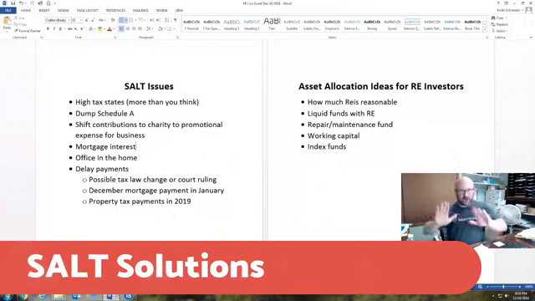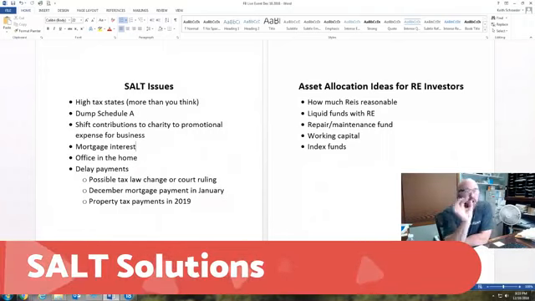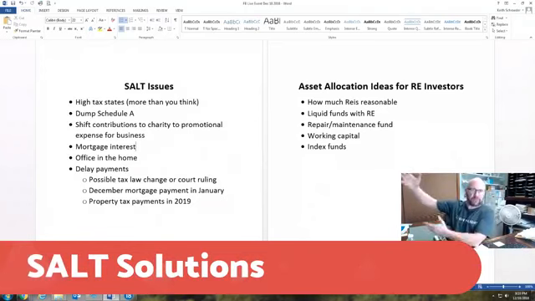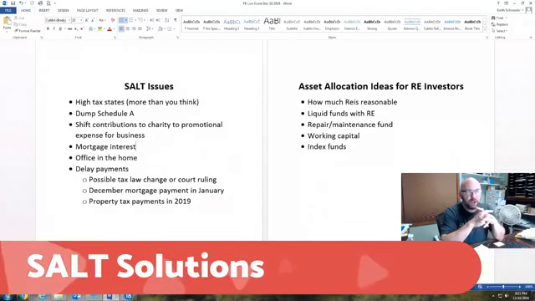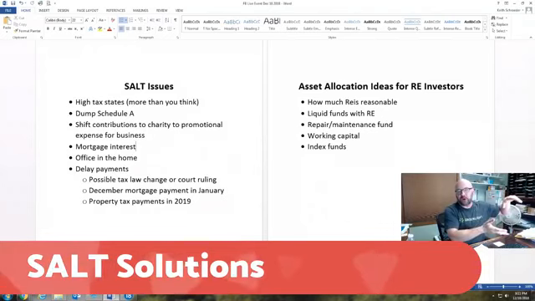So, okay, we're good. The next thing, office in the home. If you have a small business, even if you have rental properties, you can have an office in the home. If you take the safe harbor, that's fine. But let's say the safe harbor is not enough, because the safe harbor is capped at $1,500 a year. Let's do this. If you have an office in the home for a small business, you can take actual expense. So let's say 20% of your home is being used for an office, then 20% of your property taxes, 20%